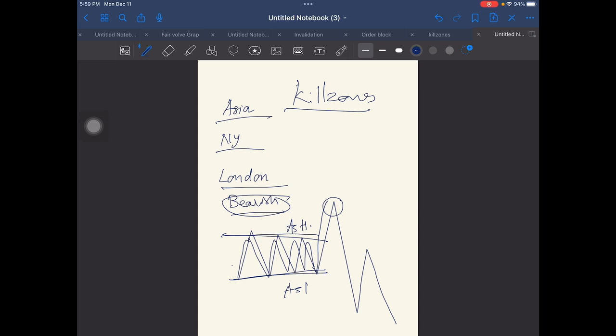So the high of the day is here during the London hours, that is 2 to 5. That's when you'll see an impulsive move during those hours, and after that it dumps. It takes out the liquidity on the opposite side, and then it dumps on the opposite side. It traps the traders here. The breakout traders are going to go for a long position here. They are going to get trapped, and it is going to dump.